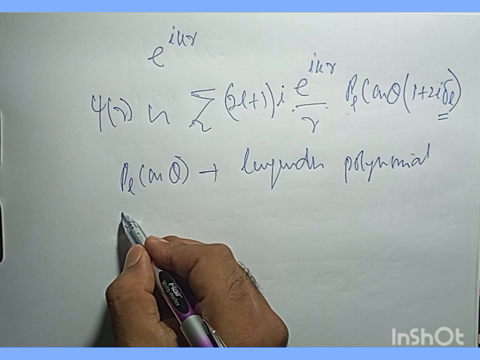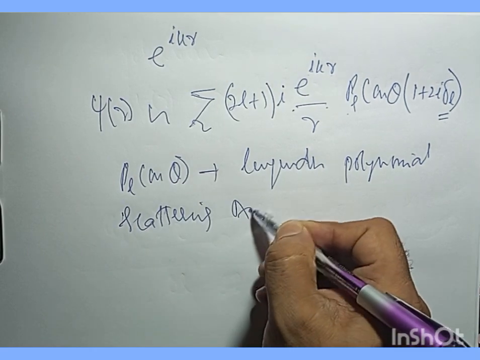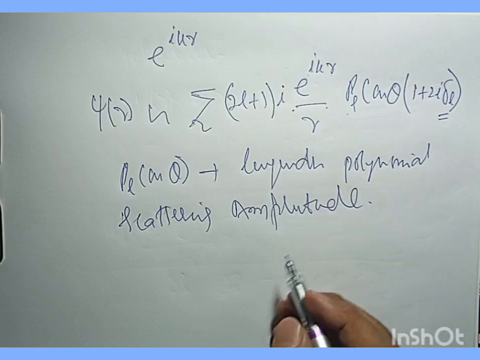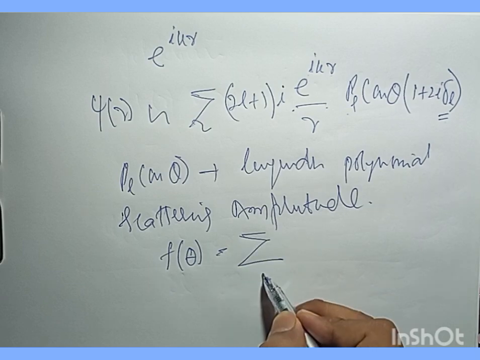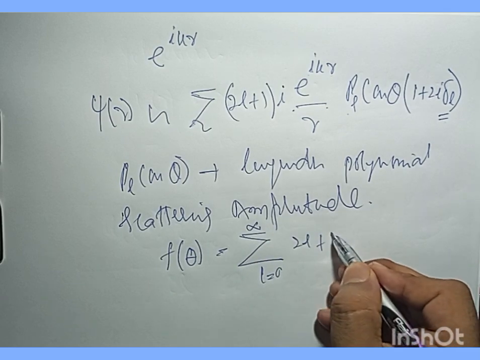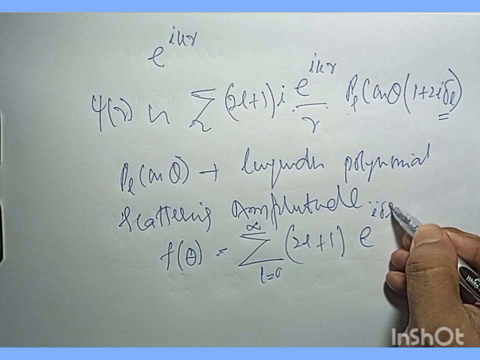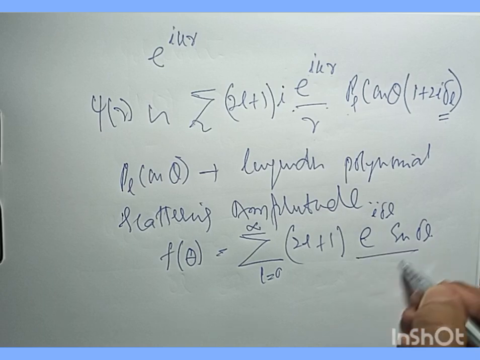That is the scattering amplitude f of theta equals the sum from L equals 0 to infinity of 2L plus 1, then e to the power of i delta L, sine delta L by k,